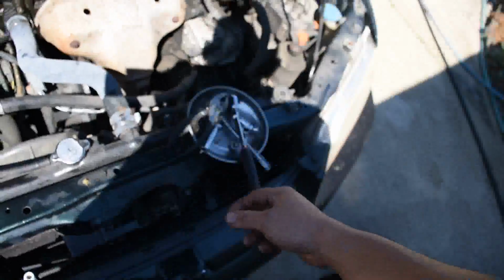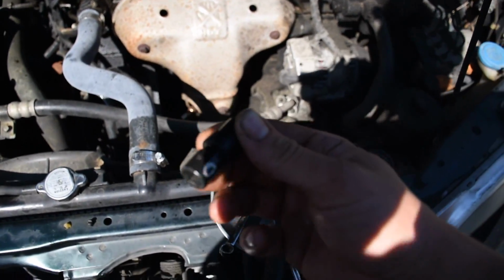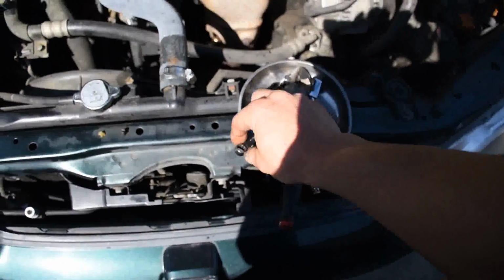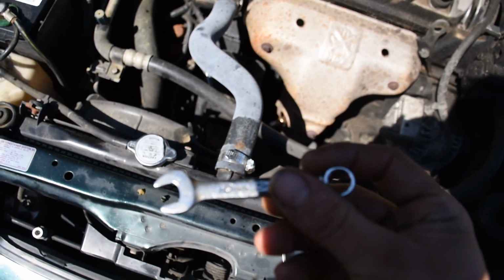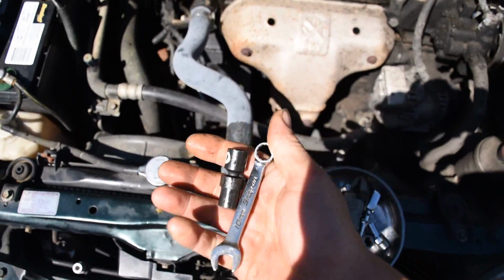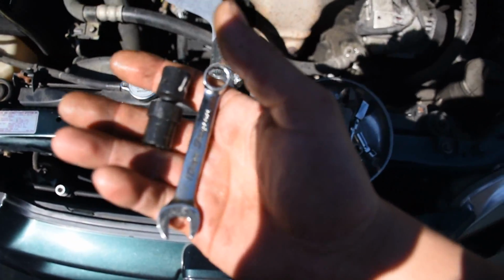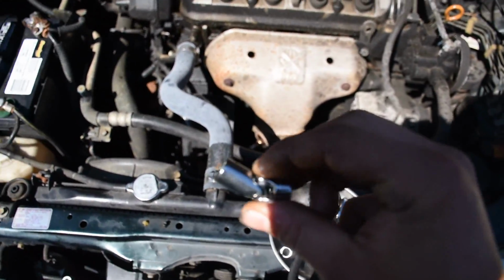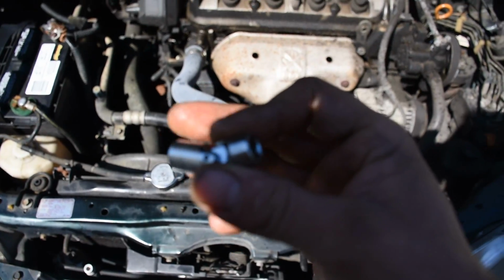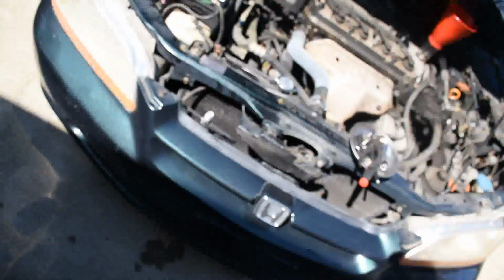If you're going to do that, you must have a 10mm swivel socket. Gotta have this, and then you're going to need a very short 10mm wrench. That's all you need really for this shortcut. These 2 tools right here, a short 10mm wrench and a 10mm swivel head socket. You might even be able to use one like this, a 10mm swivel head kind of. But anyway,